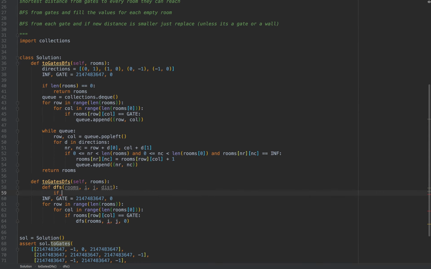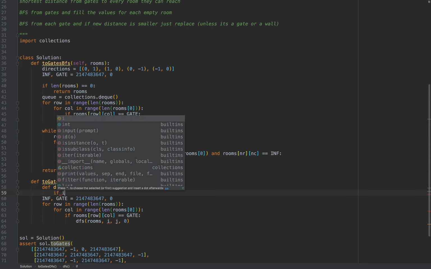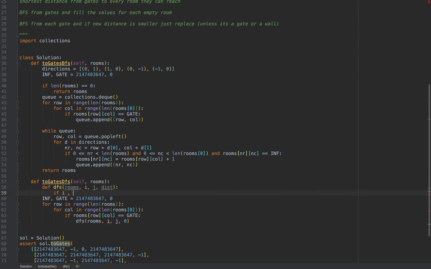And we will check first whether we are still within the boundaries. If we are not in the boundaries, we will just terminate our DFS. And so that means if I is less than 0 or I is bigger or equal to the length of rooms, or J is less than 0 or J is bigger or equal to the length of rooms[0],